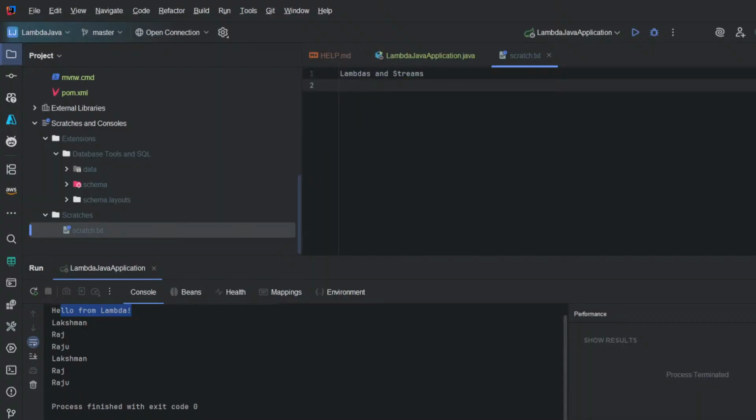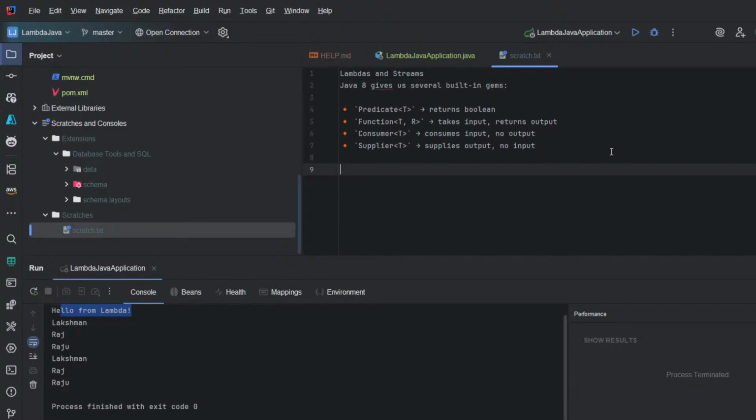Java 8 gives us several built-in gems like Predicate, which returns boolean, and Function, which